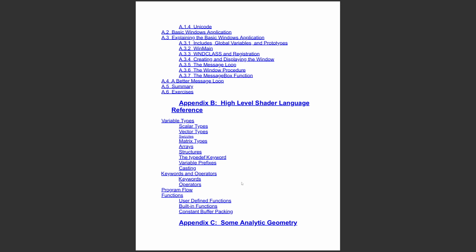Appendix B covers the high-level shader language reference. So we'll be talking about the variable types that we have available to us in the high-level shader language, with scalar, vector, matrix types, with arrays, structures, and then what type definitions we have available, or how we can define our own data types. What are swizzles? I just read that. I just looked at it. I don't know what that is. But we have variable prefixes, castings, so casting from one type to another. We have keywords and operators, so what keywords we have in the high-level shader language, and then what operators we have to